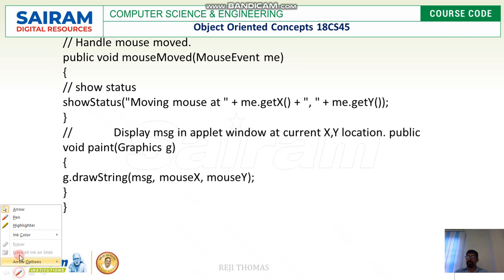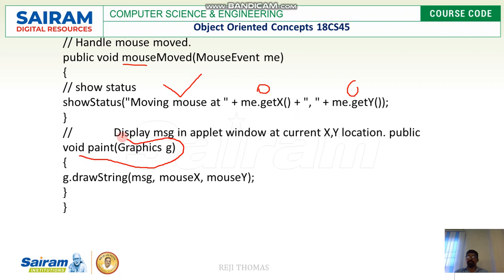So this is the main part. Next is mouseMoved. Mouse moved is also like the previous one, which is going to print mouse moved at which location, giving the x and y coordinate values.